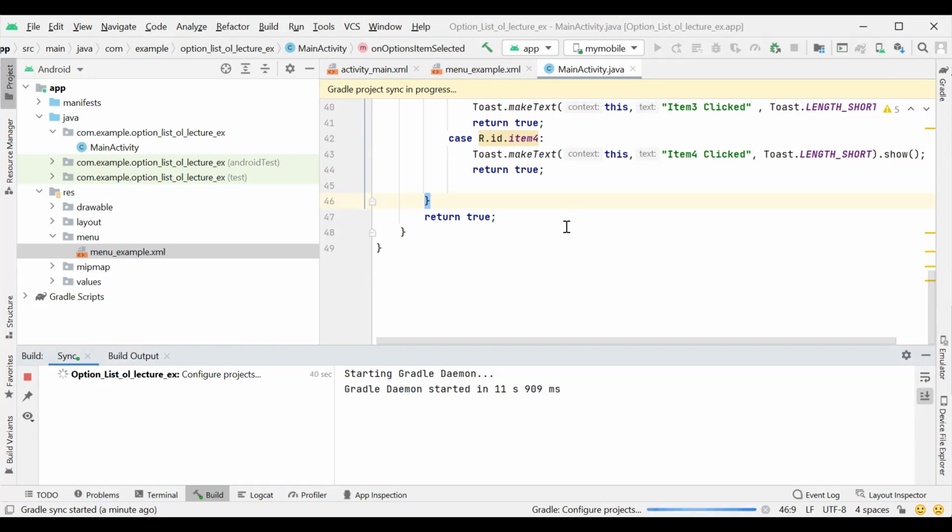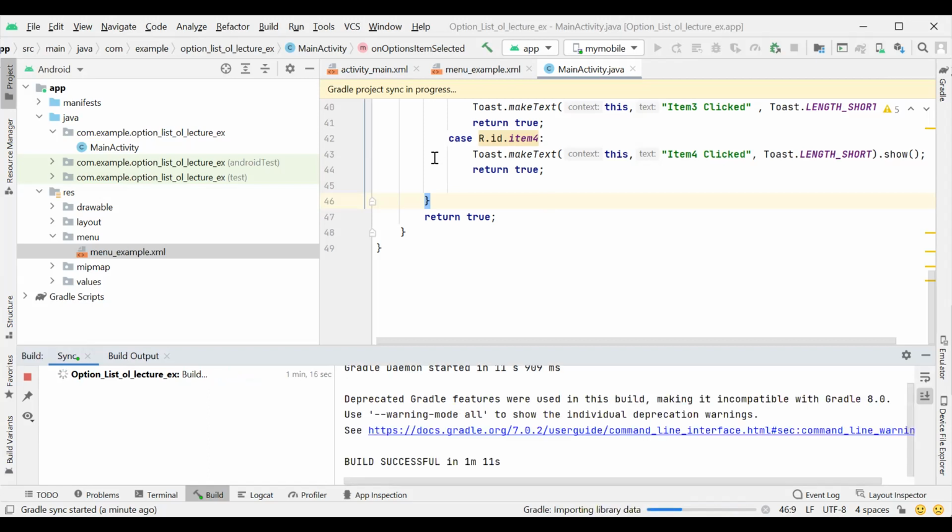So the program runs, Gradle gets built. Okay, it built successfully. A message comes.